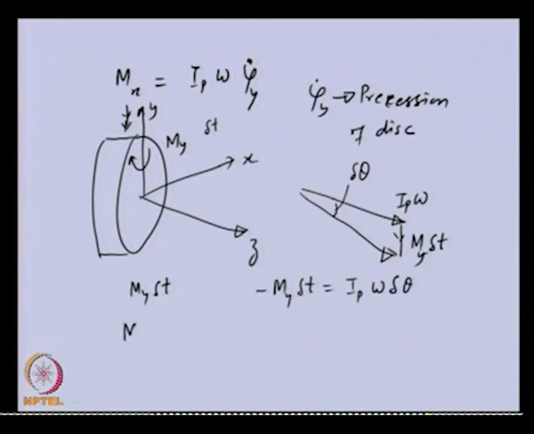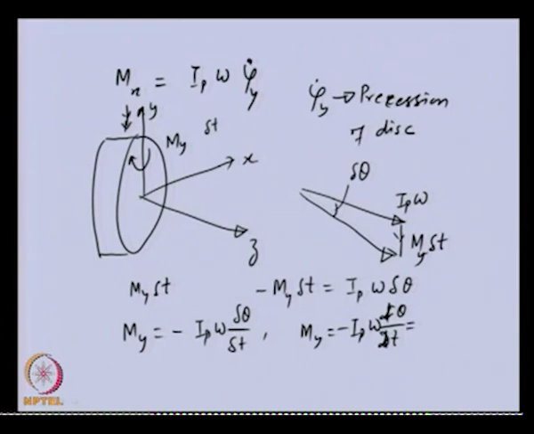This can be written as dy as minus I p omega delta theta by delta t, and in the limit this can be written as minus I p omega delta theta by delta t,